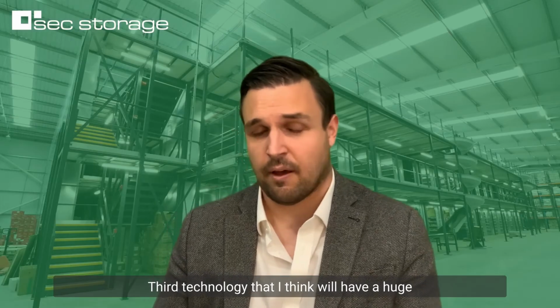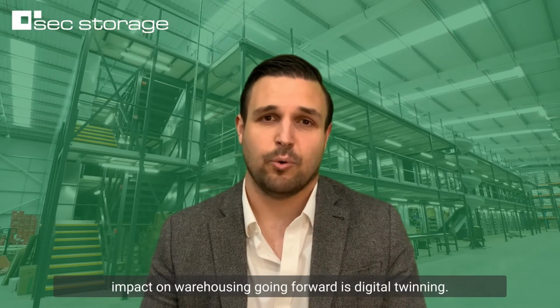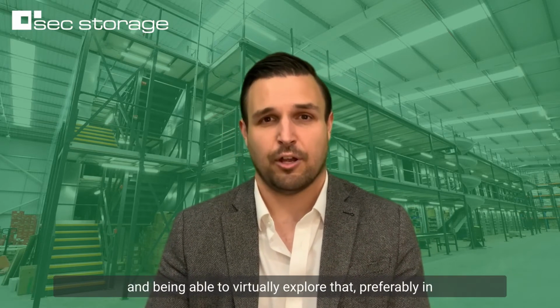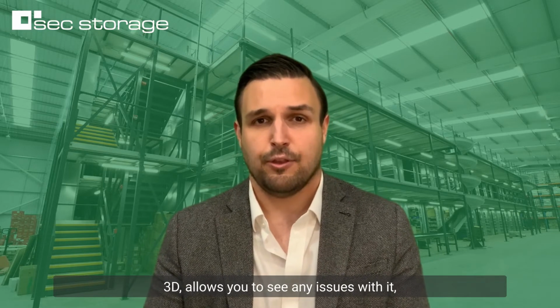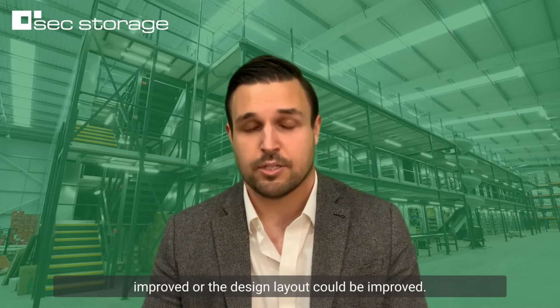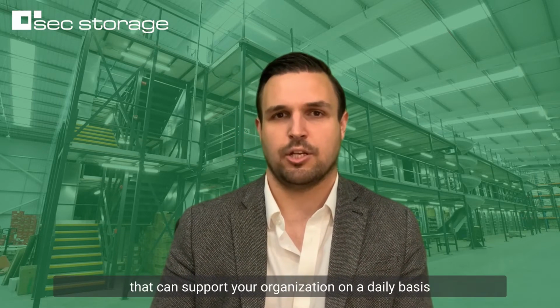Third technology that I think will have a huge impact on warehousing going forward is digital twinning. Firstly, by designing a digital model of a solution and being able to virtually explore that, preferably in 3D, allows you to see any issues with it, to identify ways in which the process could be improved or the design layout could be improved. But more than that, by having a digital twin that can support your organisation on a